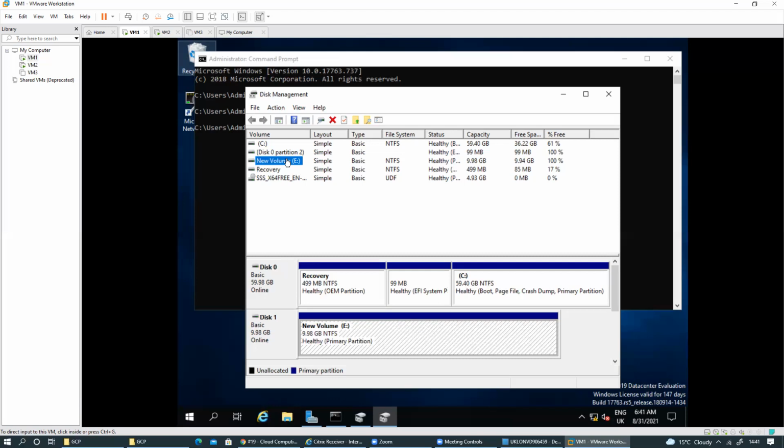We have used iSCSI here, but cloud providers like GCP use fiber channels and other faster options to provide that connection, which is a lot faster than iSCSI. iSCSI is very slow, but it served well to demonstrate whatever we wanted to demonstrate